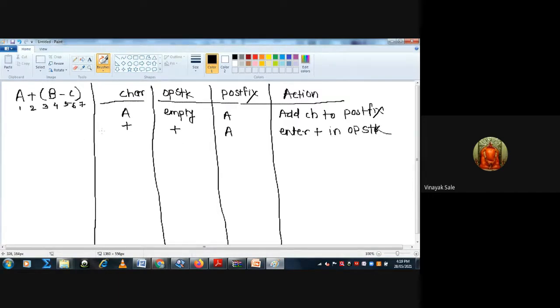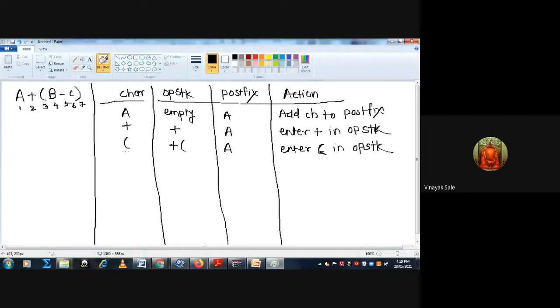Then we have taken the next character, that is the opening bracket. The operation stack has plus, then the opening bracket. Here the postfix is only A. Then enter the opening bracket in the operation stack.